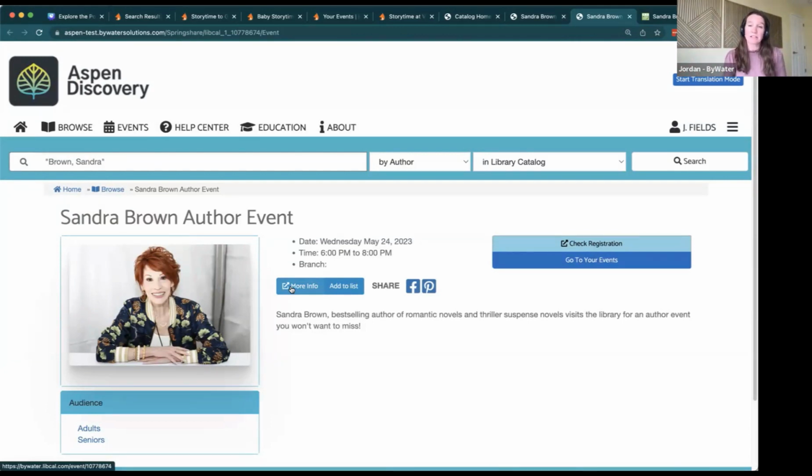I will say with patron registration, there is a caveat, and that is, in order for us to connect the registration to the individual patron, you do need to collect the patron barcode at the time of registration. That is so we have the one-to-one connection between the patron and your account. Some libraries don't like to collect that information for registration because it's a little bit of a barrier to registering for events. They'll just maybe collect an email